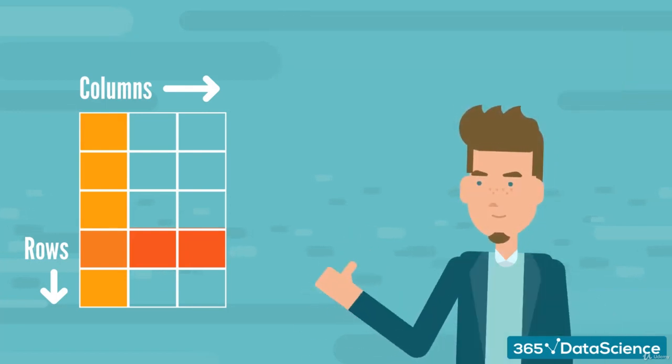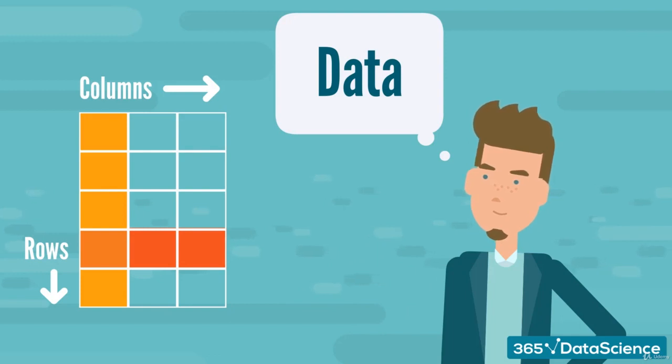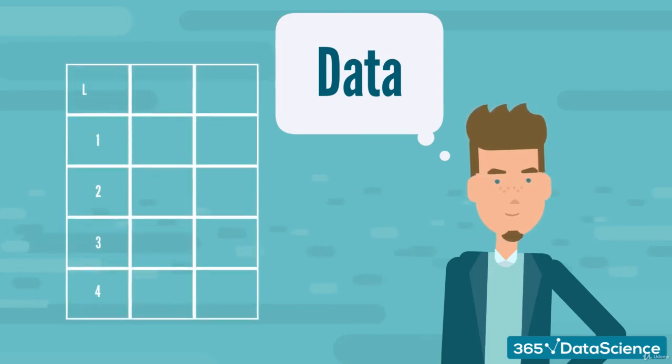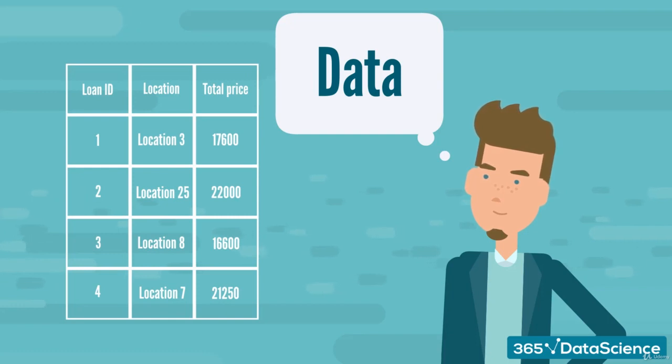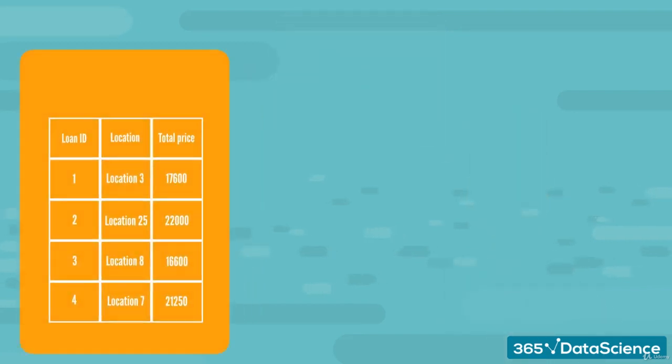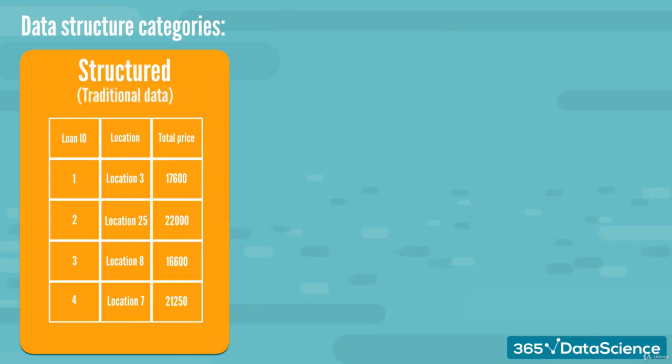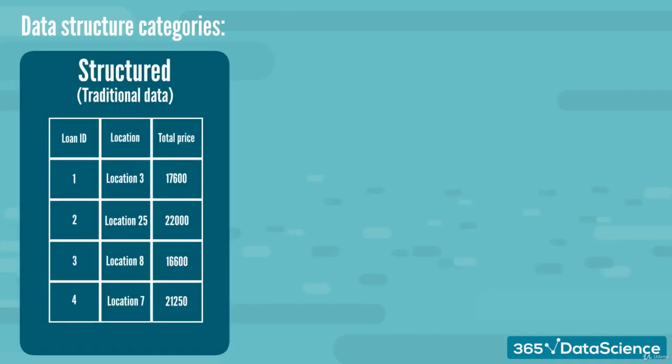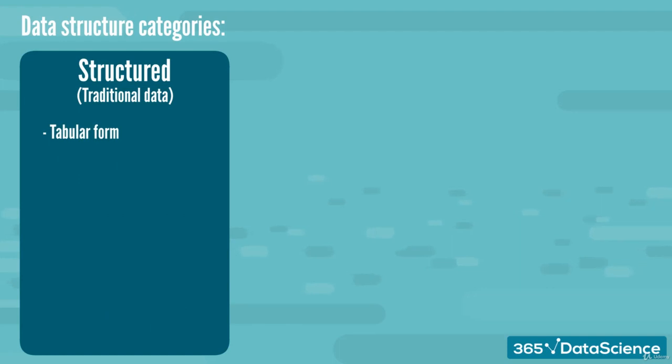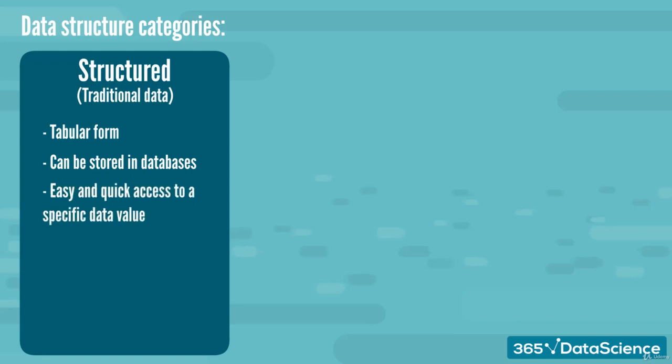With that in mind, when you first hear the term data, the image that would probably pop up in your mind are tables containing numeric or text values. Therefore, when we are using such data structures, we are talking about structured data, sometimes called traditional data. Not only has such traditional data been arranged in tabular form, it can also be stored in databases and can be managed from one computer. That's why, in the larger context, this type of data is referred to as structured data. Its clear structure can really facilitate your access to a specific data value. Examples of where such data can be stored in practice is an Excel spreadsheet, an SQL database, or a Pandas